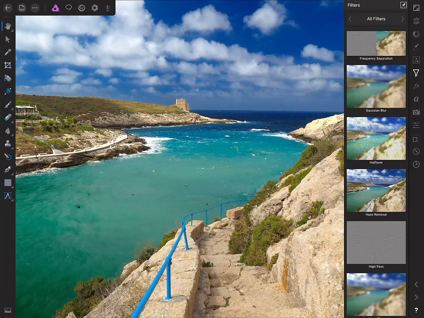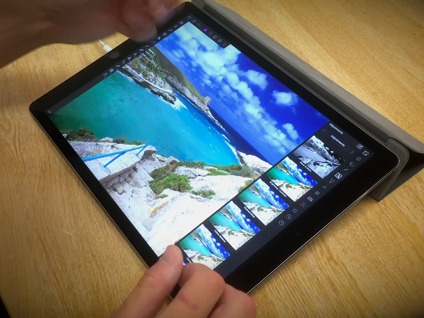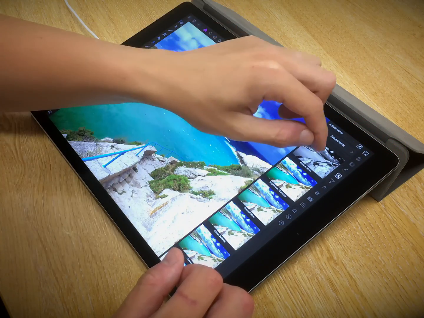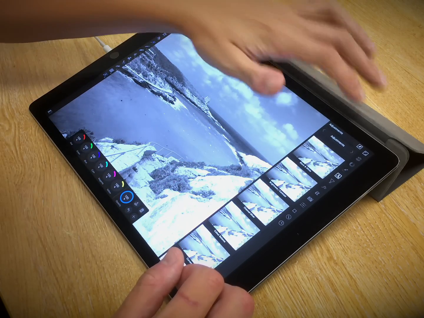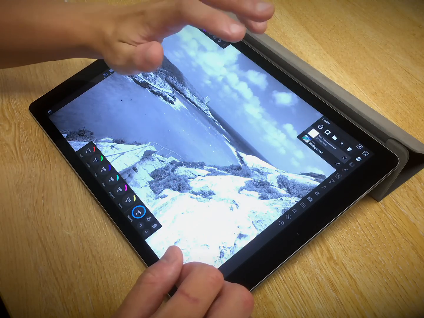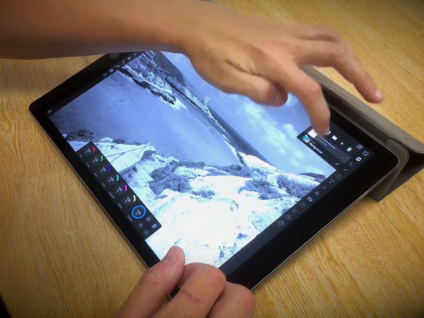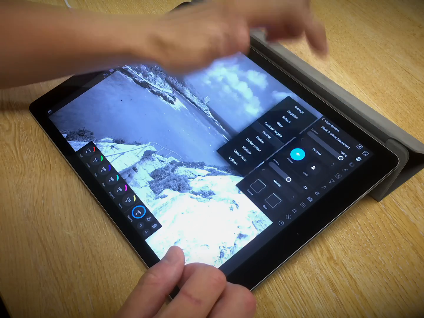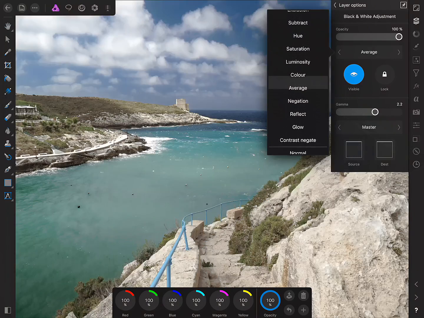And additionally, if we're trying to emulate the effects, say, of a polarizing filter, one of which is usually haze removal, we can also go a step further, and on the Adjustments Studio here, we can add a black and white adjustment. Now, if I go into the Layers Studio, tap the More icon for the black and white adjustment, and I set the blend mode to luminosity,